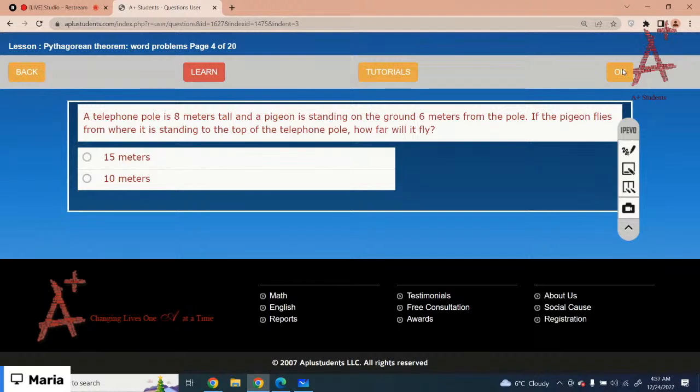Yes, the correct option is 10 meters. Got it. Just select the correct option and click on the